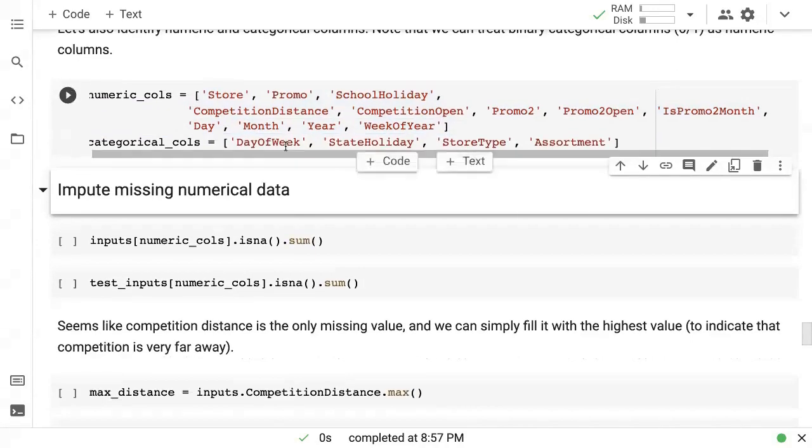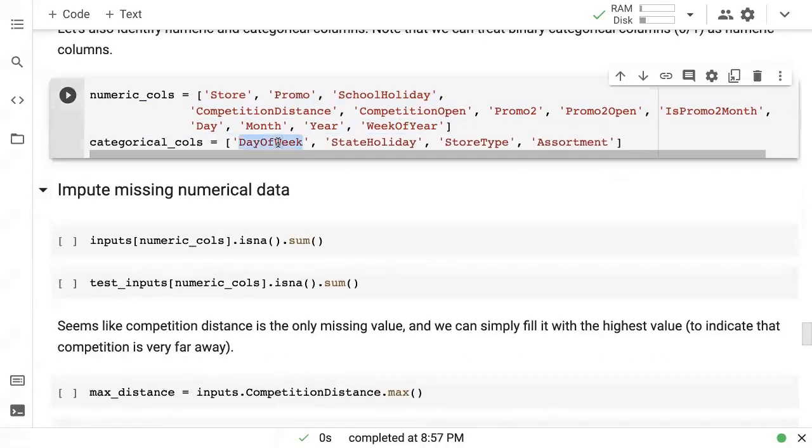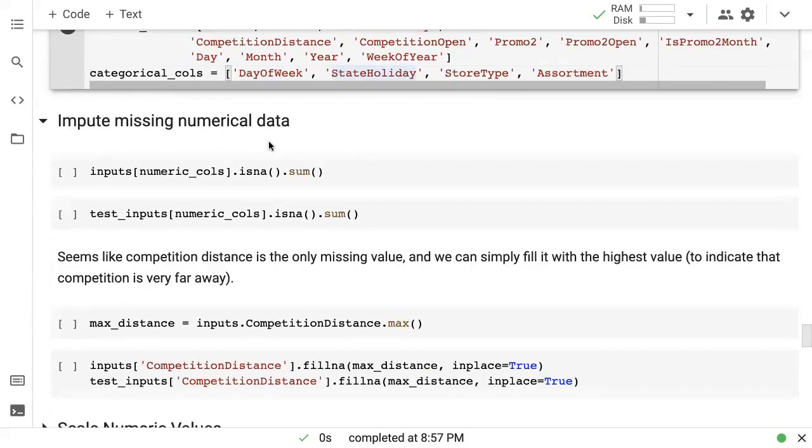So the only things that I'm keeping categorical right now are the day of the week, because there are only 7 of them, whether it's a state holiday, so there are these values A, B, C, it's definitely not numeric, store type and assortment, and both of these are also not numeric. Okay, so whatever are the textual columns, I am making them categorical, and specifically one exception I've made here is day of week. But you can try and experiment with this and see if you get a better result.